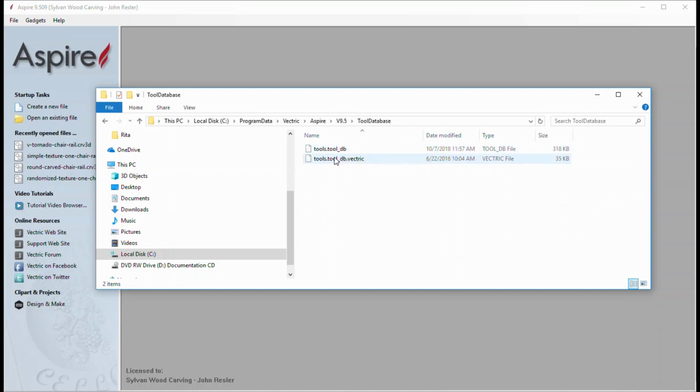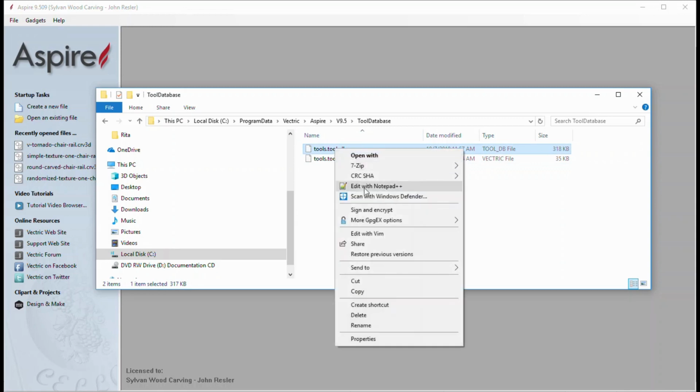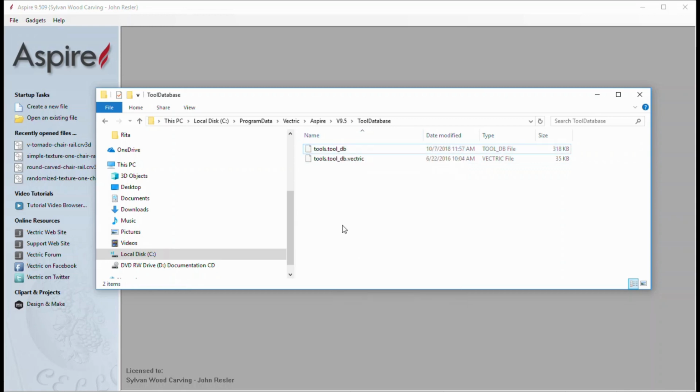So let's say that we completely screwed the database up, or we completely measured some tools incorrectly, and we want to correct that, and we want to correct it on only one machine, and then perhaps give all of the other machinists copies of the corrected file. Well, what we can do then, and I'm going to go ahead and copy mine and back it up because there's quite a bit of customizations here. I'm going to copy that and I'm going to paste it.